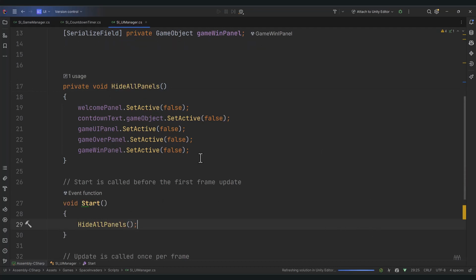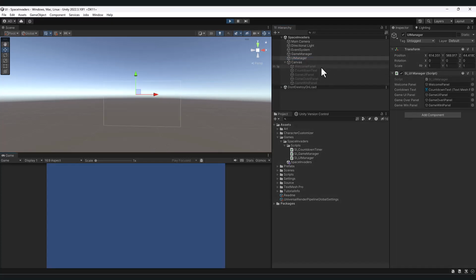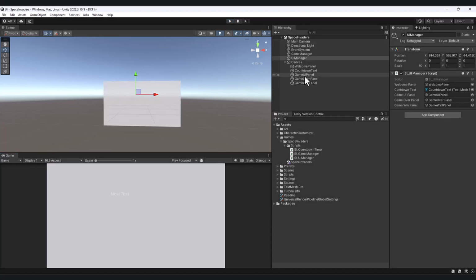Let's jump back into Unity and let's see how they all turn off right away just from calling that method. All right, here we are back in Unity. I'm going to press play. Boom, they're all inactive. And I'd like to turn them on based on the different game states. That's sort of the rationale here, because we don't necessarily need to see our game over panel and game win panel while we're playing the game. It would kind of be obnoxious. So let's go back into Unity and continue scripting, or into Rider,